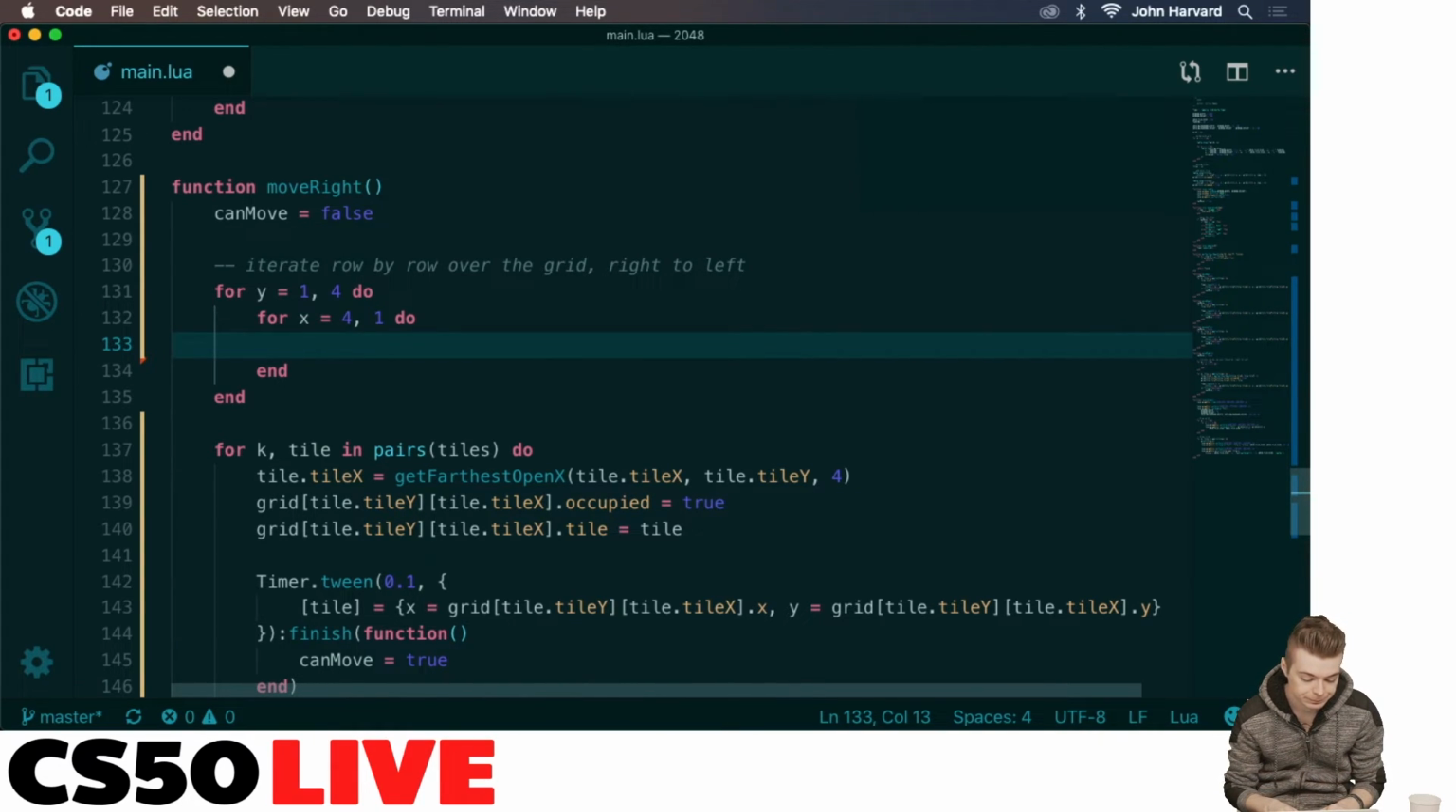So we basically say, if we're starting at 4, for example, this is important then. We start from 3 because we don't care about 4. 4 is not going to move to the right. We only care about 3 and farther to the left. So we're shortcutting this a little bit. So we'll say for x is equal to 3 to 1, do